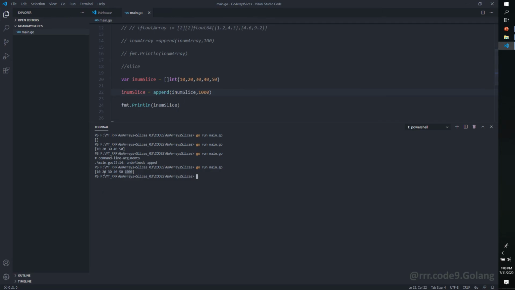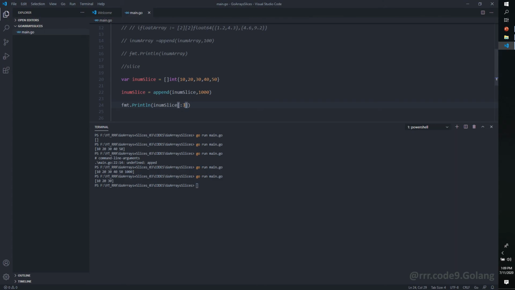In case you want to access a few items from this slice, you can do that similar to other programming languages. In case we want to access the first 3 elements, we can simply write this, and it will print 10, 20, 30. Here we could access the first 3 elements of this slice.